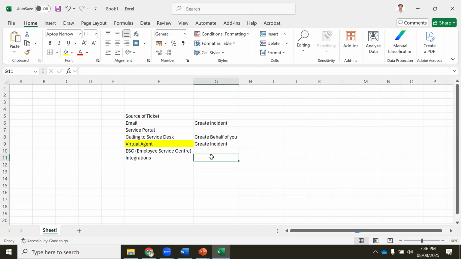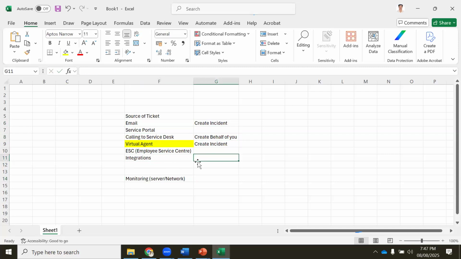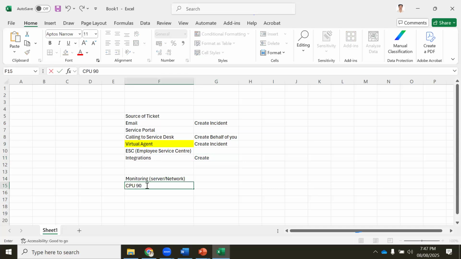This one is again integration. Integration is nothing but email to ServiceNow integration, email to some other system. Suppose you have a system called a monitoring tool, correct? Whenever your server is down or a network device is down, it will be integrated with ServiceNow to create a ticket, in case of server down or network down or CPU above 90% or whatever, correct?